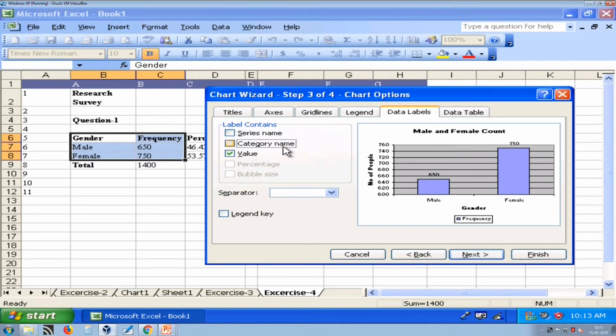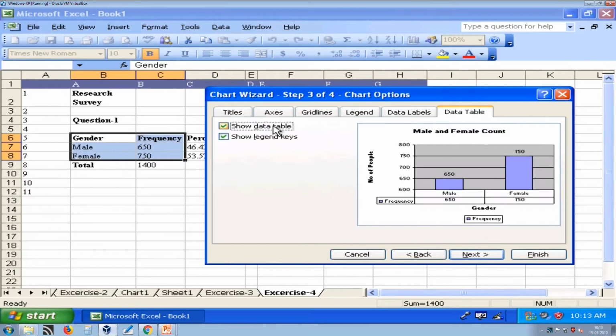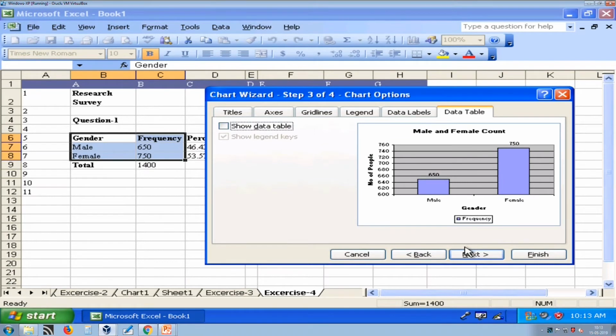And this series represents frequency, so we do not want to display that also. Data table means you want to display the table from which this chart is prepared along with the chart. So, you can select show data table to represent this. Here we do not want to show the data table, so just uncheck that and press next.